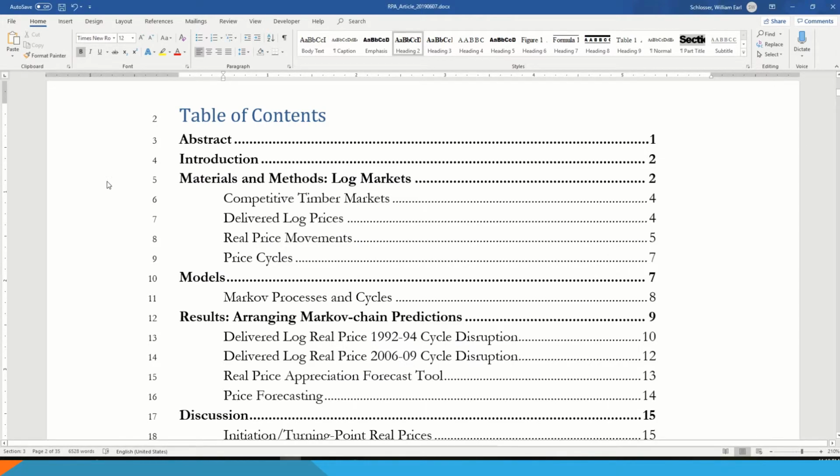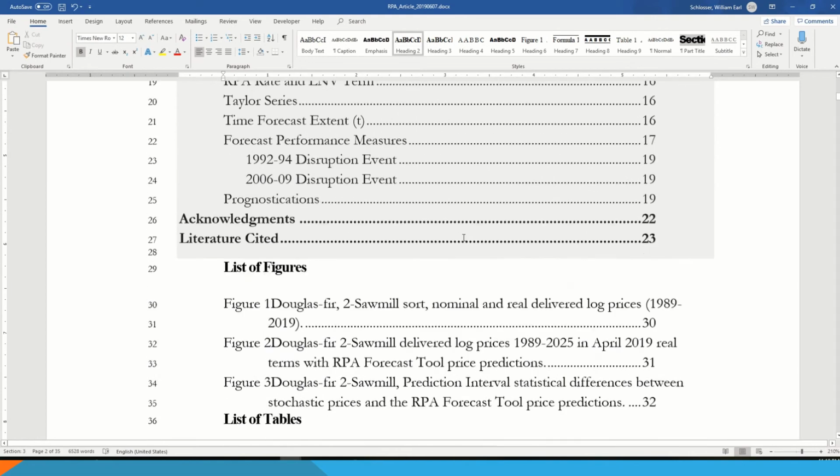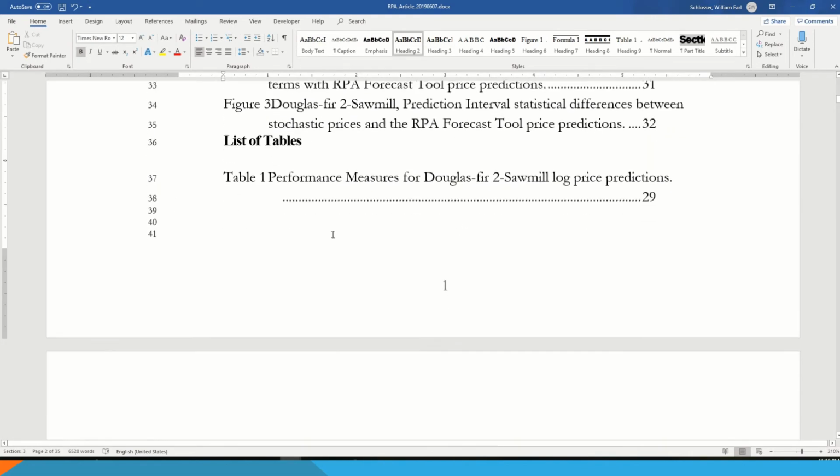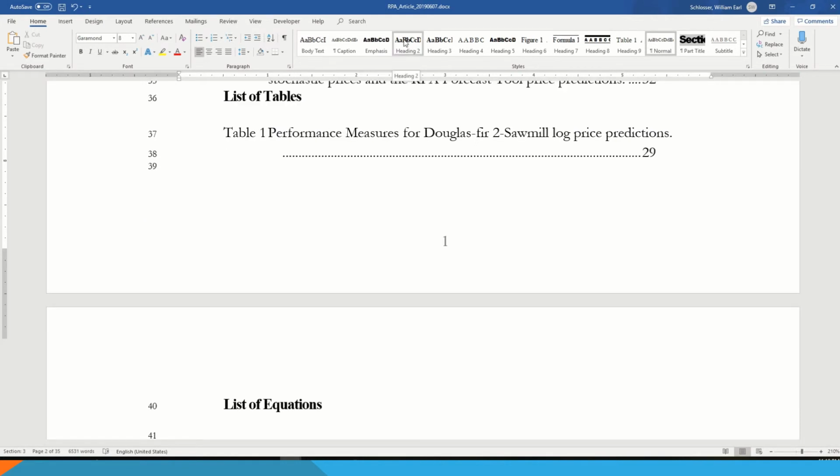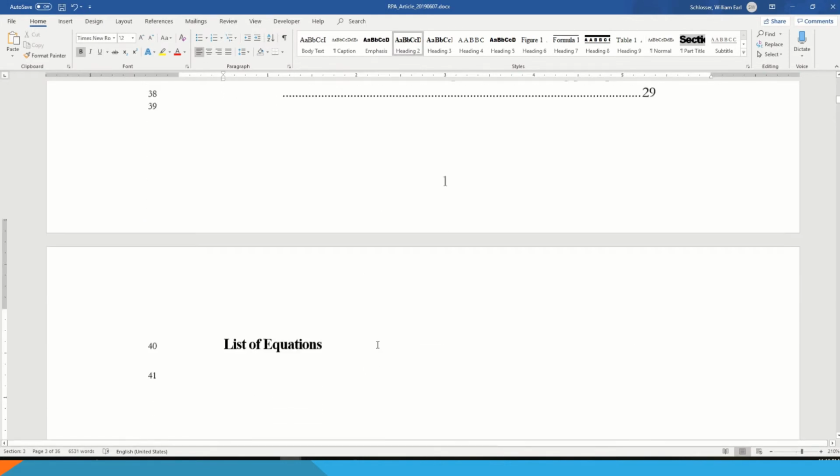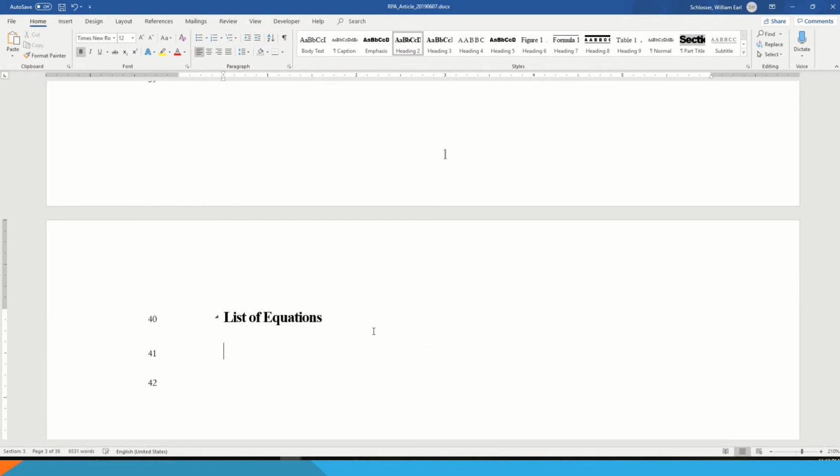You will want to put your document structure, the table of contents, list of figures, list of tables, and now we make the list of equations. We have been here before, so you can get ahead of me already. Take your mouse to the position where you want your list of equations to appear. Type List of Equations and make it style heading 2. Then touch Enter. Cursor on the empty paragraph line, take your mouse to the References ribbon, far left side click